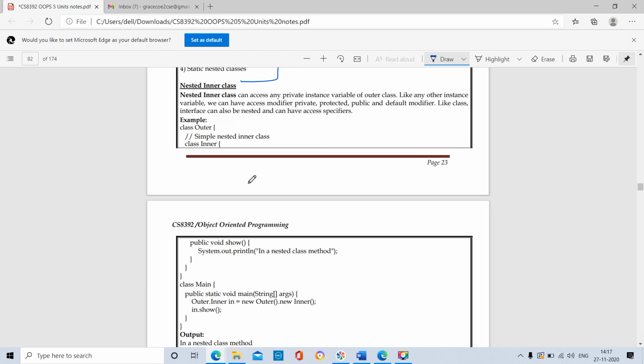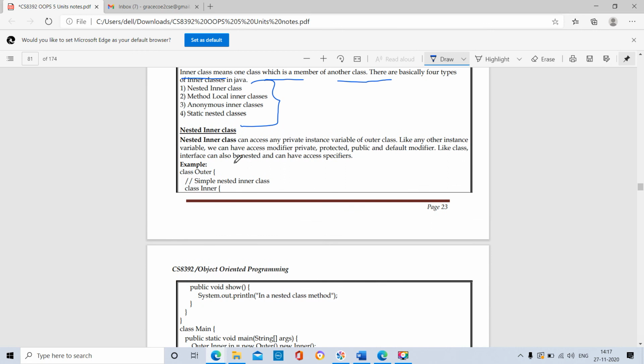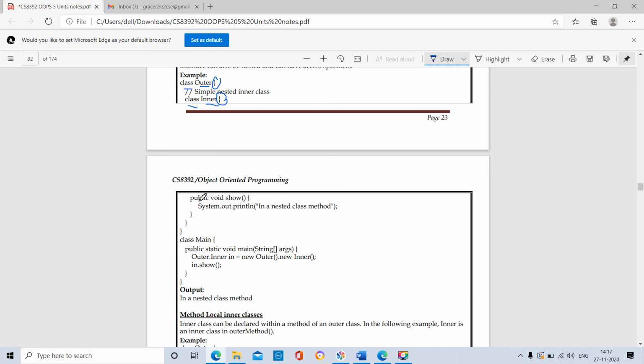So nested inner class. A nested inner class can access any private instance variable of the outer class. See the example: the class name is Outer, open curly brace. Within the open curly brace we have a class named Inner. Before closing the outer class we have another class, so this is the nesting: the outer class is nested with the inner class.